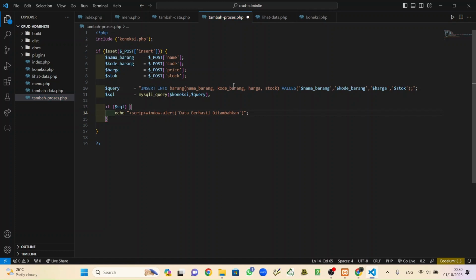Close. But don't close that first, because there are two things inside here.